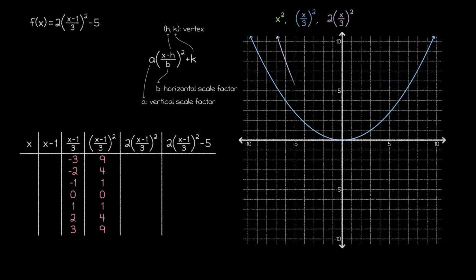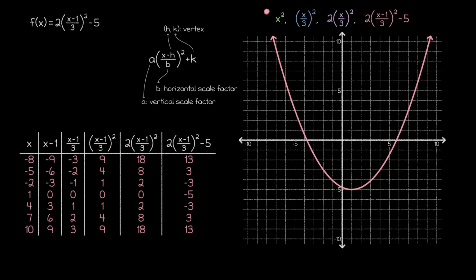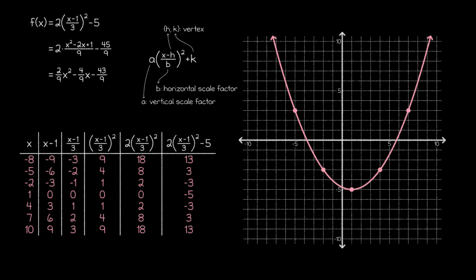Then, if we continue on from there, we eventually get this graph. And completing our extended table of values confirms that this is indeed the correct graph. However, there is another path for us to explore if we try to convert this function into the vertex form. Typically, we would start that process by converting our function definition into the standard form. But in this case, we don't even have to go that far.